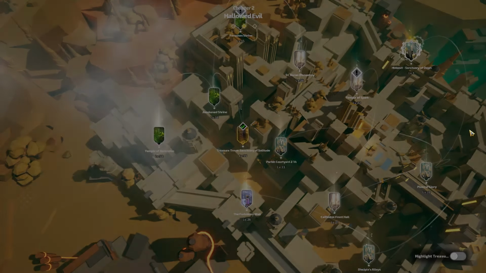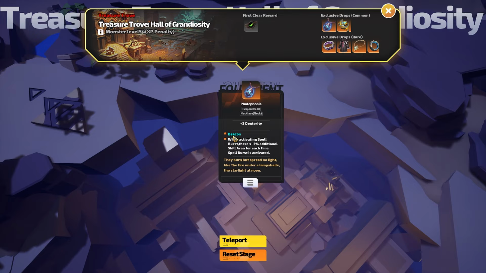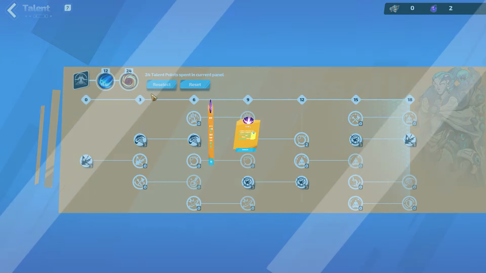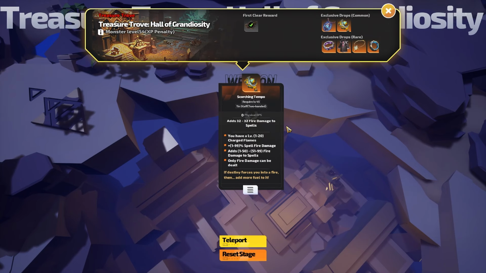Finally, in chapter 3, we have the Hall of Grandiosity. We're going to want to go grab yourself a Photophobia. This gives you Beacon. So what you could do with this is you can go over to your passive tree and go over to Goddess of Knowledge and swap out Beacon to Peculiar Vibe for a little bit of extra damage. And we're also going to be able to farm ourselves a Scorching Tempo, which is a ridiculously strong 2-handed